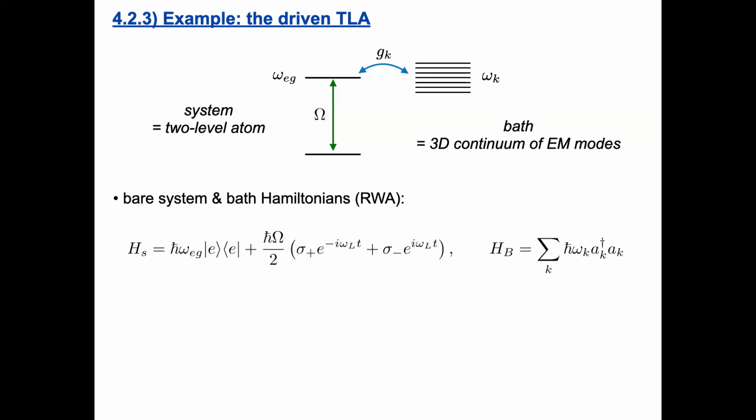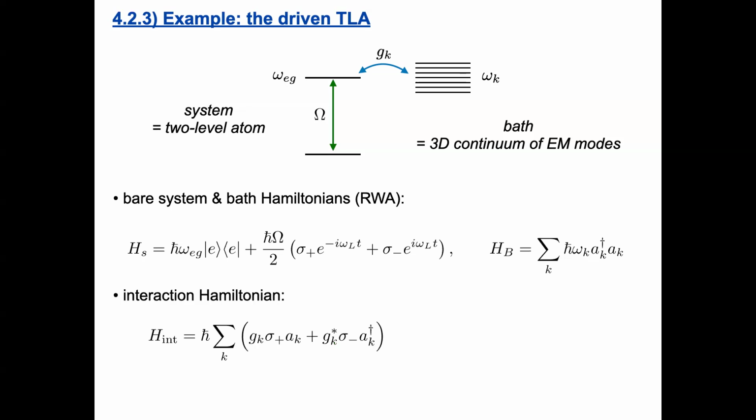So what is now our system Hamiltonian? Omega times the projector on the excited state, and in rotating wave approximation, we have the driving term, so the laser frequency is coupling the ground and excited state. And again, what we always assume is that, for example, this laser frequency is close to this transition frequency, so there might be a small detuning, but otherwise both frequencies are high, but almost the same. The bath Hamiltonian in this case is our 3D electromagnetic mode. So we sum over all the k vectors and the polarization vectors.